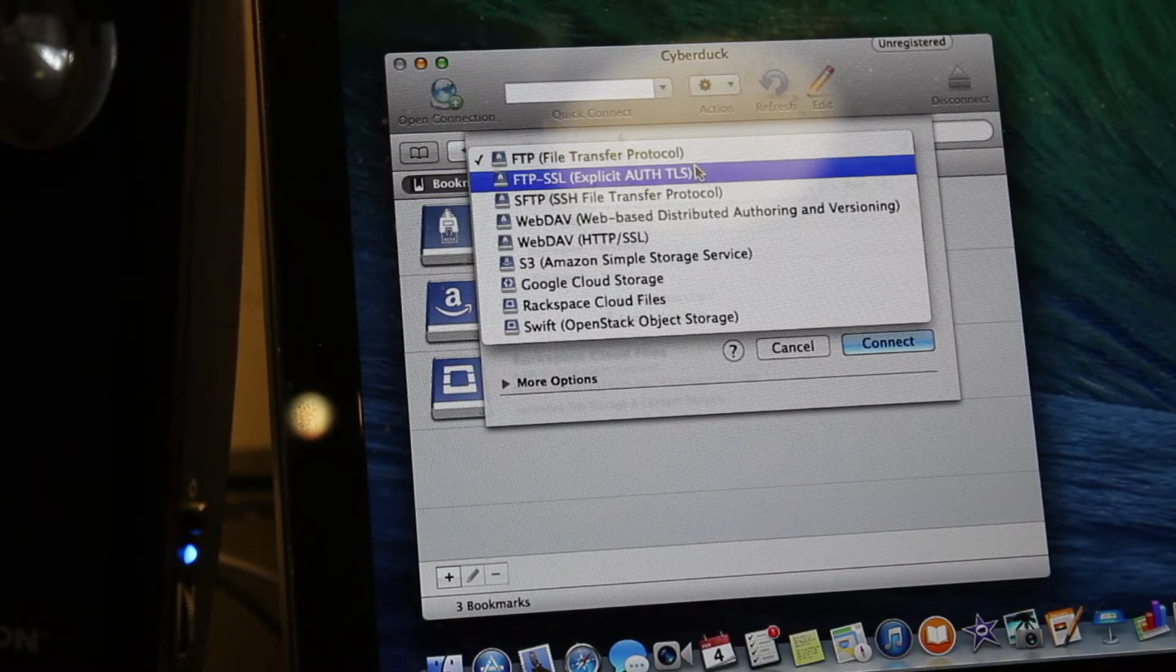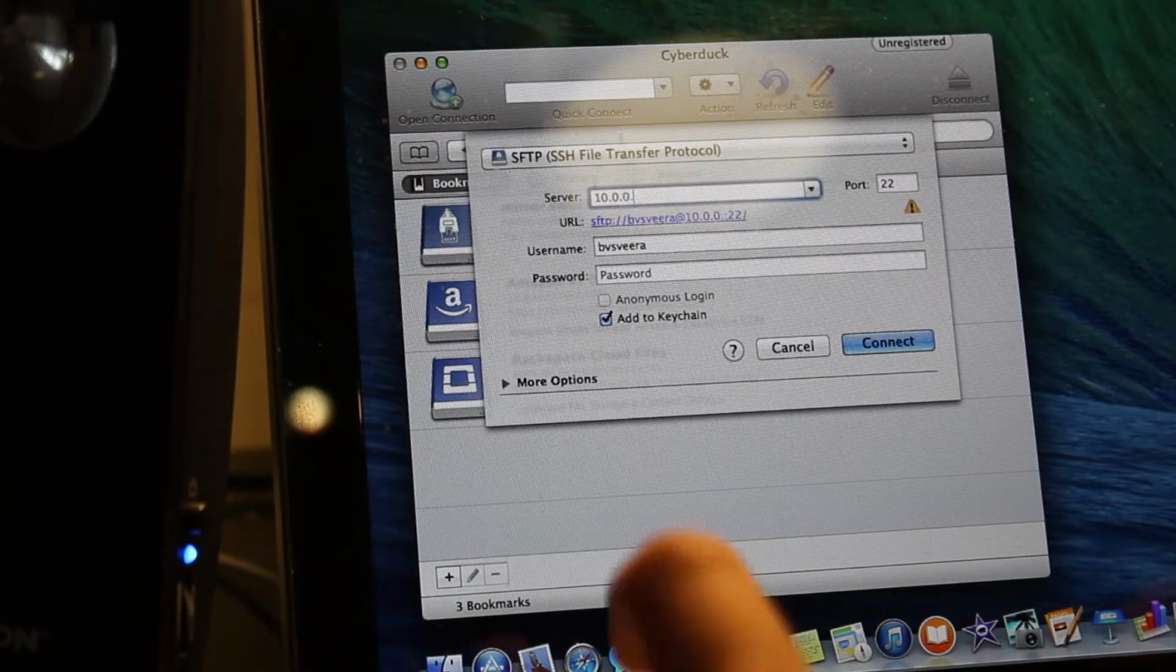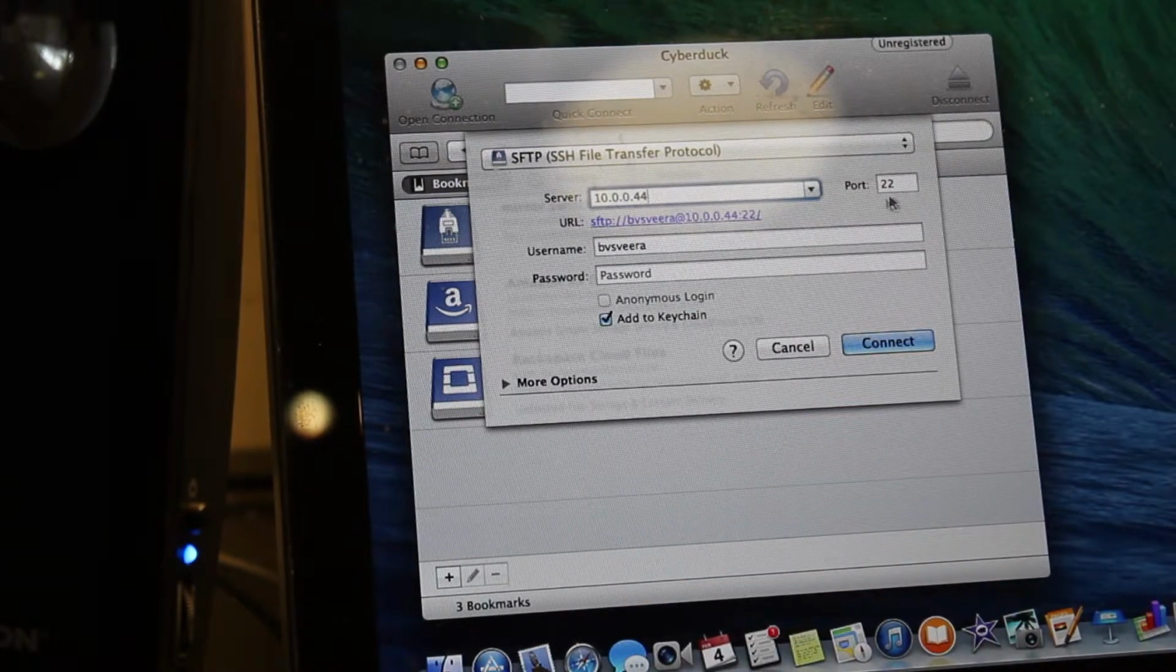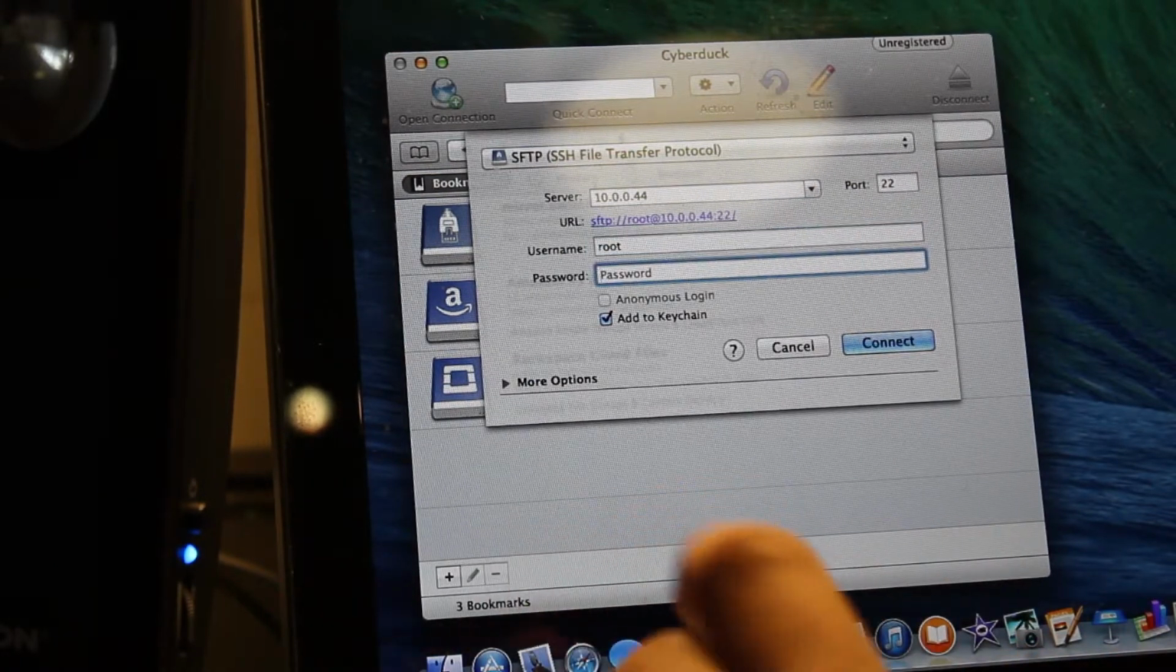So what you want to do is start a new connection, choose SFTP, and in the server field you want to type in the IP address that you got before. So that's mine in this case. Keep the default port, and what you want to do is enter the username as root and the password as Alpine,